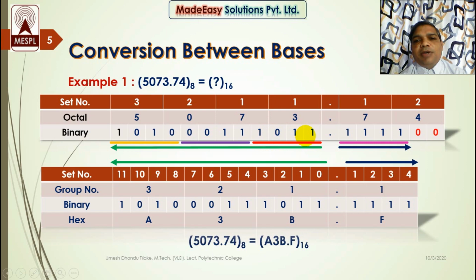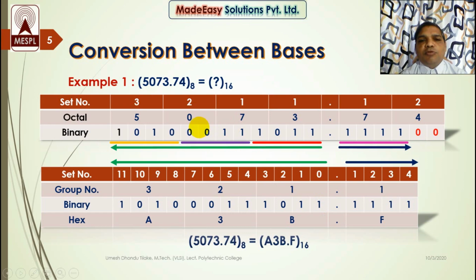So 1011 I have placed in group 1. See here, group 1, 1011. I have the tabular form which we can use to convert the given binary into hexadecimal. The first 3 rows show you the placement of the given binary number, and the final row gives you the resultant hexadecimal number. So place the first group of 4 digits of the given binary number. 1011 is the first group shown by this red color line, so I have placed this group in group 1.